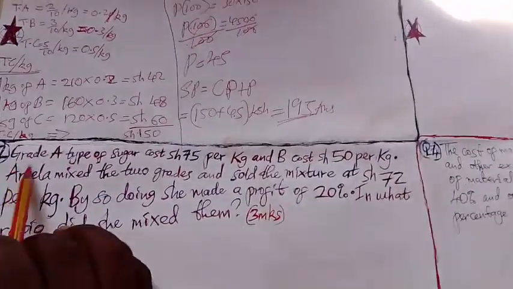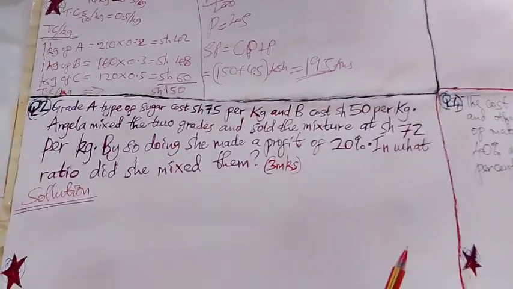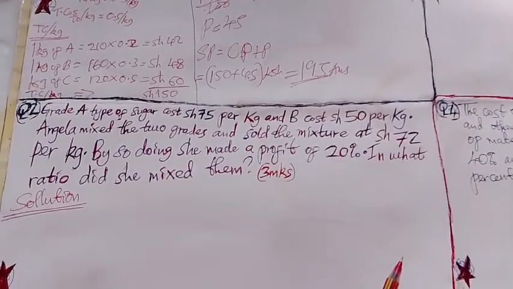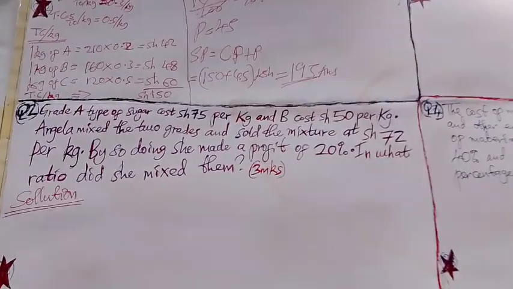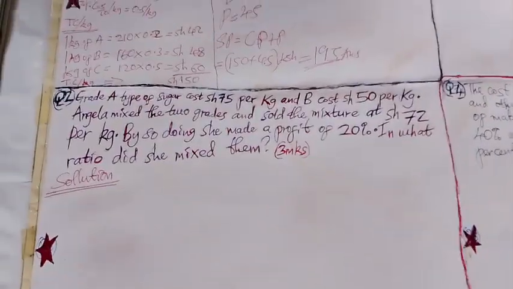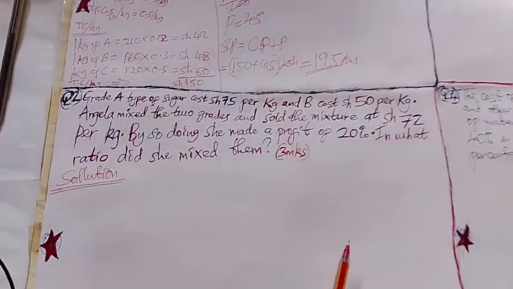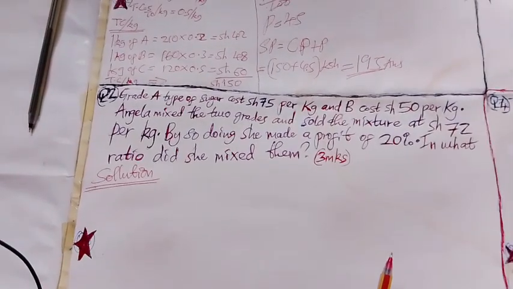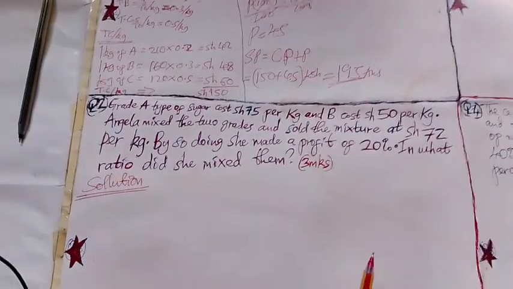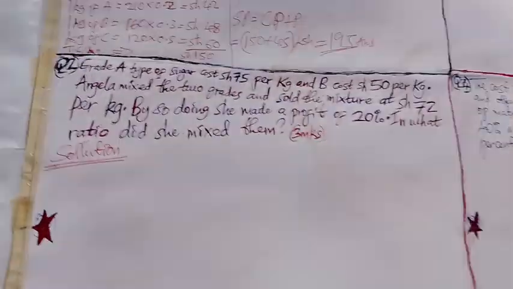Question 2 states that grade A type of sugar costs 75 shillings per kilogram and B costs 50 shillings per kilogram. Angela mixed the two grades and sold the mixture at 72 shillings per kilogram. By so doing, she made a profit of 20%. In what ratio did she mix them? 3 marks. So for this case,